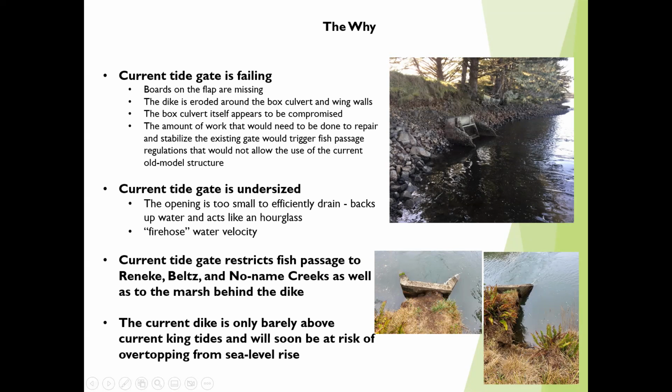The rules for construction and repair of tide gates are such that there's a certain threshold you can get to with reconstruction of a feature as it is. If you exceed that threshold for the material that you replace, fish passage requirements are triggered, and that requires something other than this style of tide gate, which is outdated and has too fast of water moving through it, especially given its current